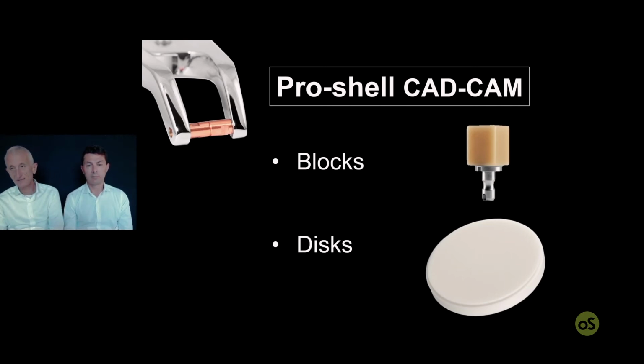So it's more convenient to use this material for temporaries. Okay, but one of the advantages versus the disc is that with 3D printing you can print simultaneously more bridges,